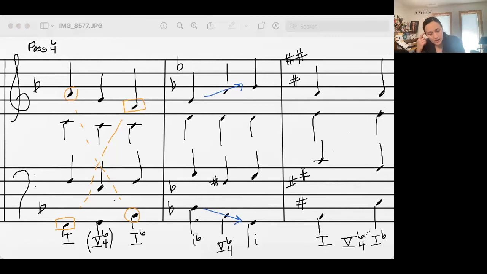Okay. So let's go ahead and do this voice exchange here. Keeping the 5th and then moving this. There we go. Okay. So it can happen that our voice exchange is in different voices. There we go. You know, we didn't actually have an example of